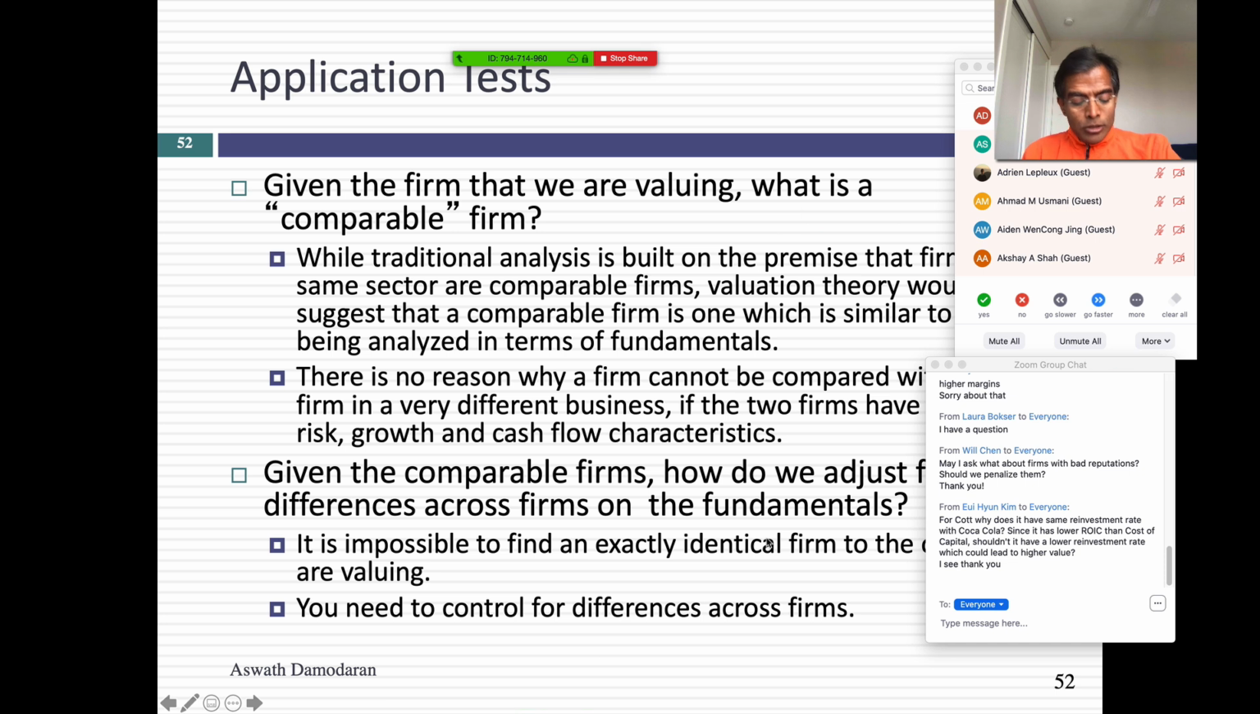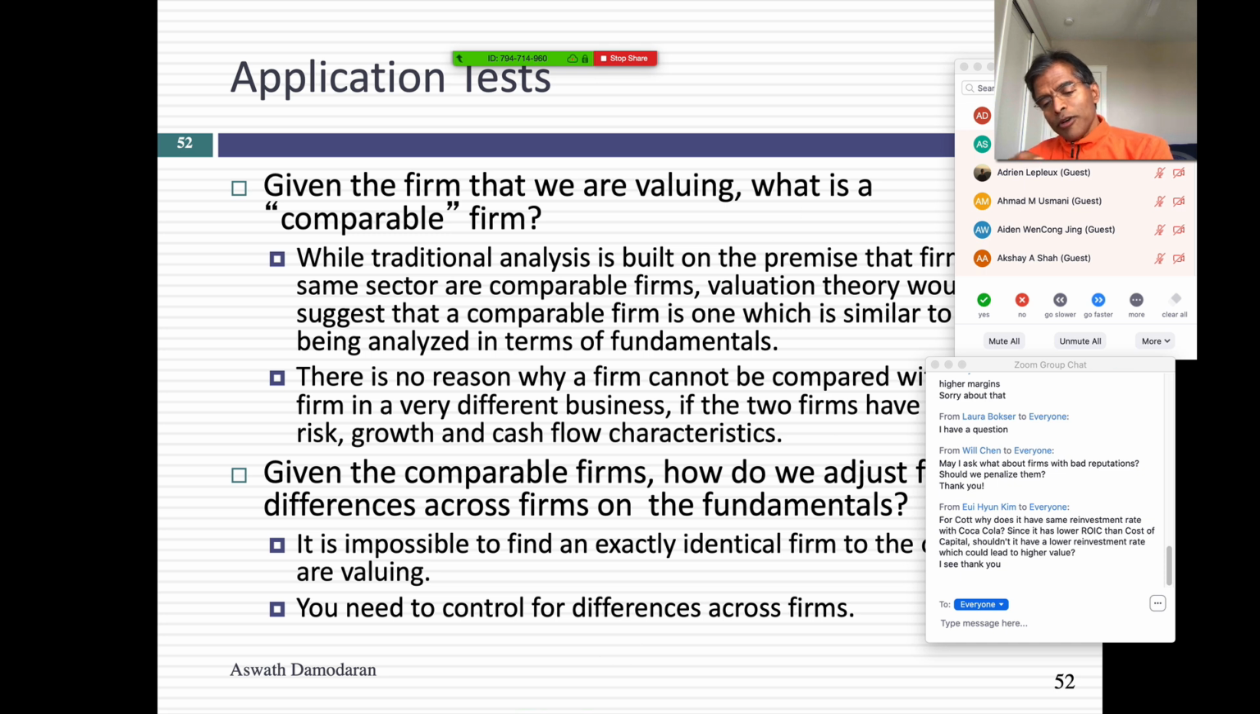So now let's talk about applying the multiples. We've defined, we've described, we've analyzed, we're now ready to apply. So when I get ready to apply, the first thing I've got to find is comparable firms. And if you look at the way this is practiced out there on the street in equity research, the way